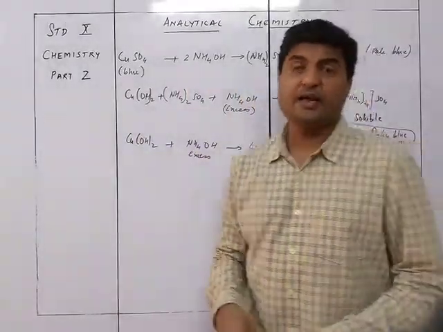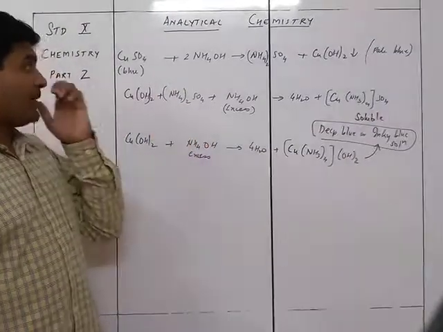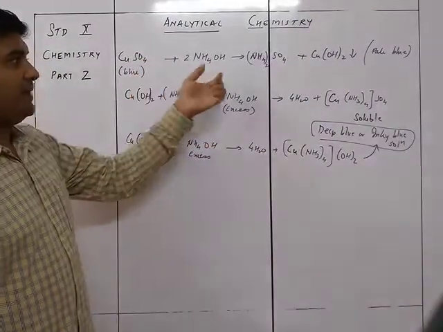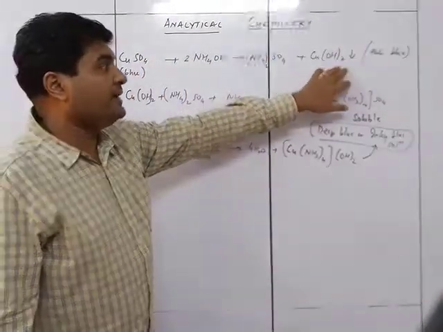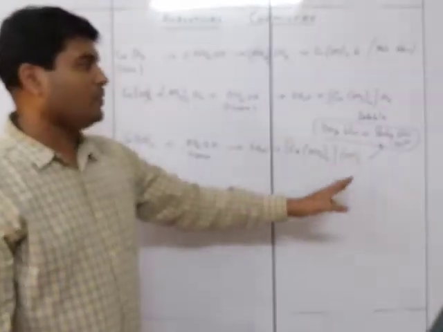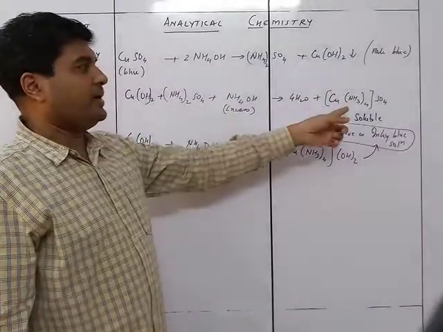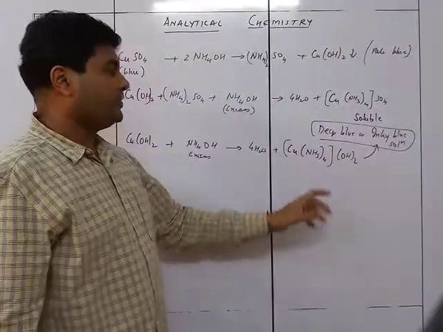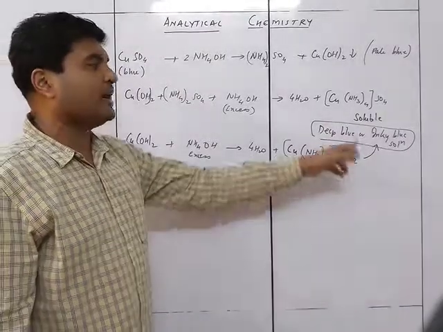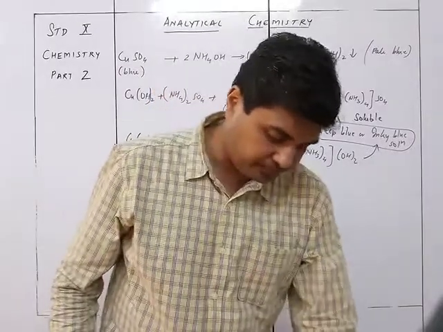So remember this thing, that whenever you are going to have this reaction taking place in case of ammonium hydroxide, when copper is reacting, first of all you get a pale blue color, and then when you react with excess, you are going to get a deep blue or inky blue color solution, because in either case, whether you are taking sulfate, it will be giving you tetraamine copper sulfate, or it is going to be tetraamine copper hydroxide. Both are deep blue or inky blue solutions. Both are soluble in nature.